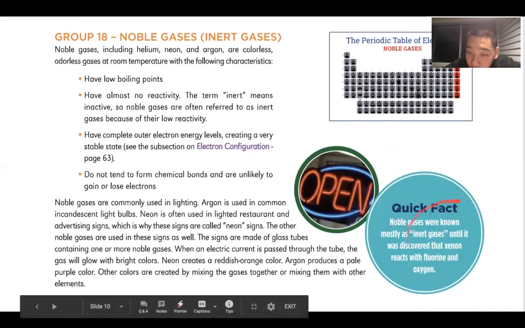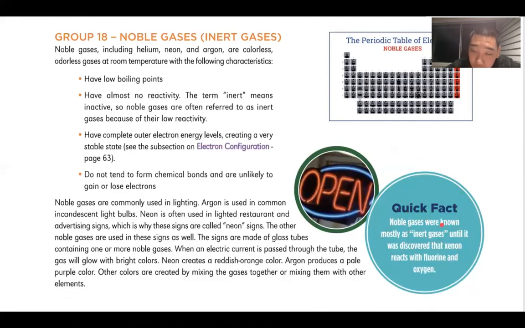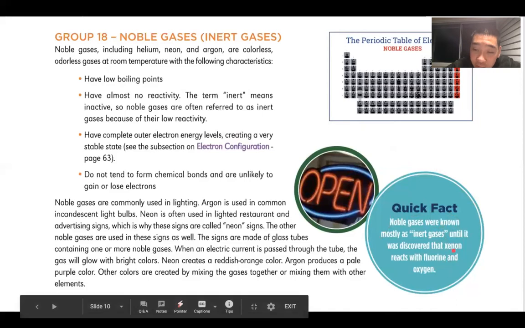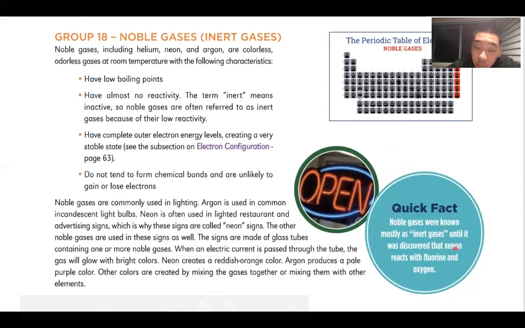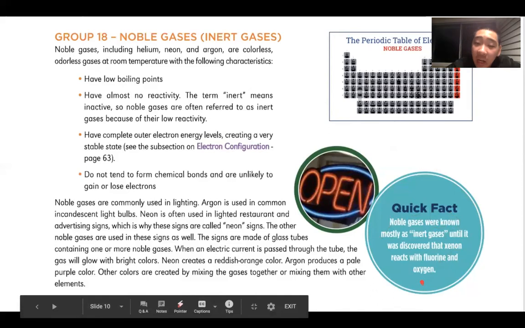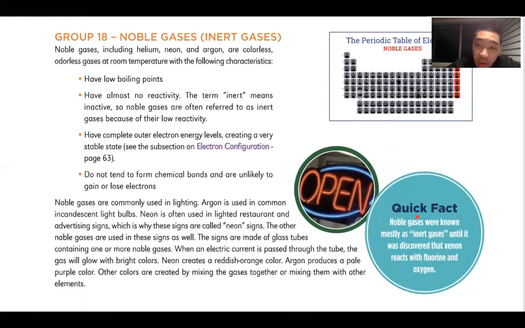And right here, I need to mention this. Noble gases are known as inert gases. Basically, what this means is that before xenon was discovered to be able to react with fluorine and oxygen, scientists thought the noble gases were completely incapable of performing chemical reactions. That's how stable and unwilling to change these gases are, which is actually a good thing because they cause less explosions. If only solids were that way. Anyway,